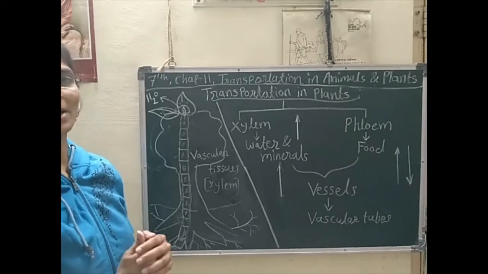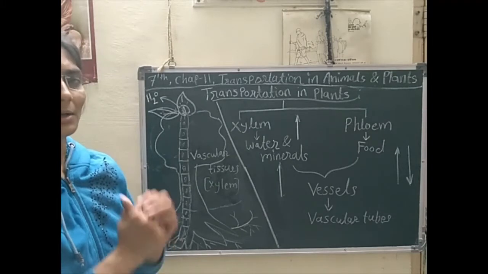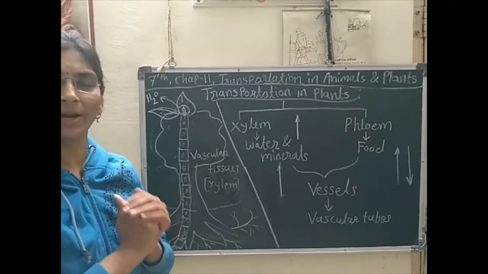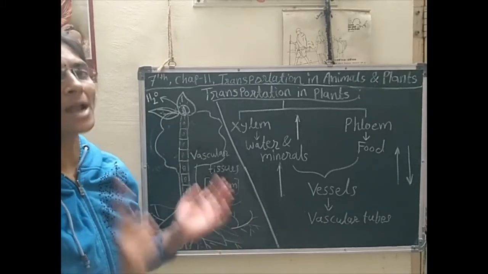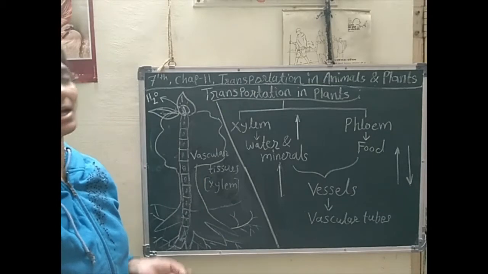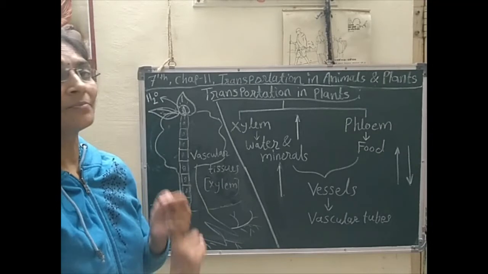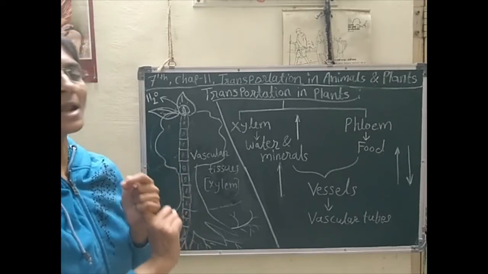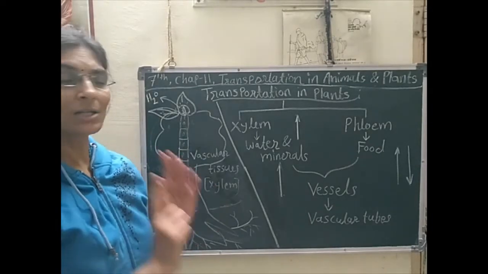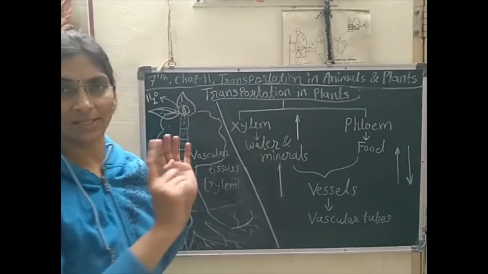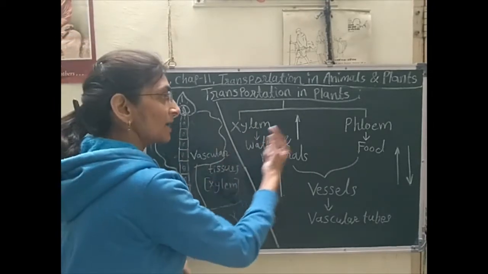Yes, we have already learned that in animals, for transportation, blood vessels play an important role, which are the veins, arteries and capillaries. These types of blood vessels work for the circulatory system in other animals and in human beings also. So in plants also the transportation process happens through vessels. These are known as xylem and phloem.